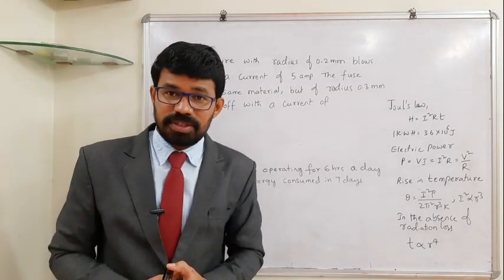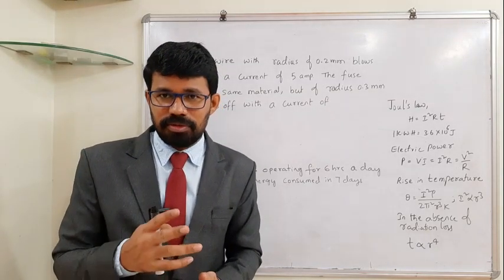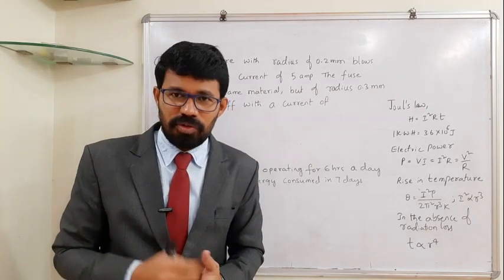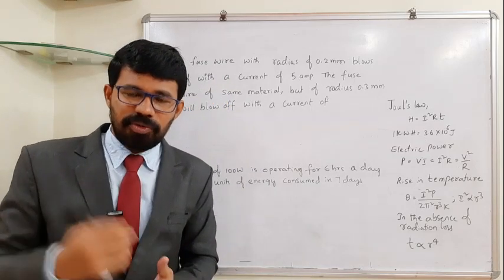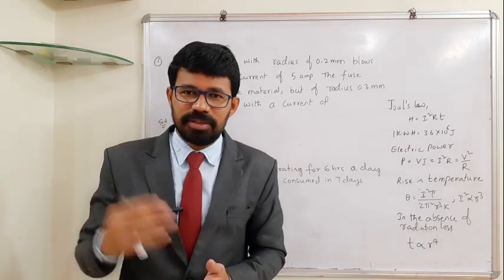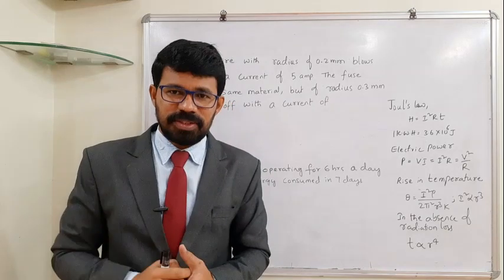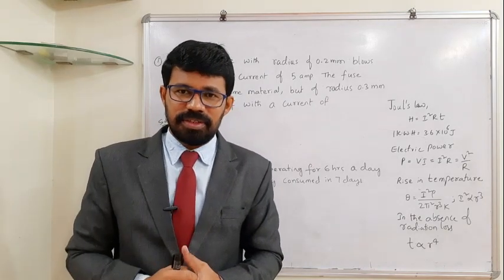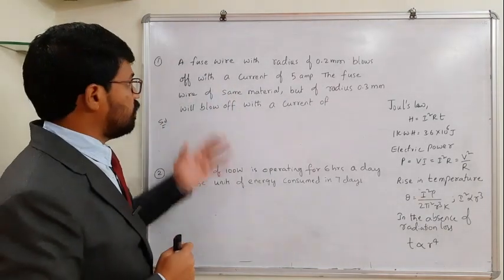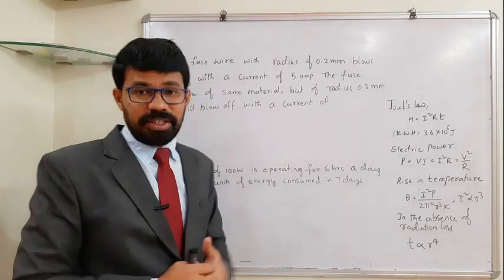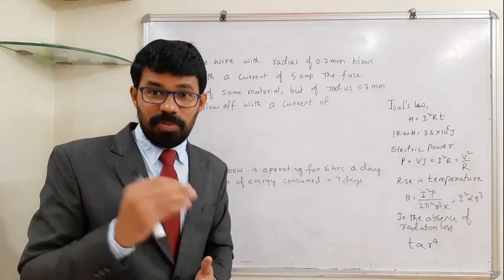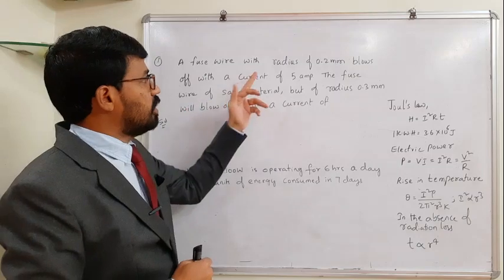Fuse wires are always connected in series. Only if a fuse wire breaks, it blows off due to heavy current flow. What happens? The rest of the gadgets will be safe, and this fuse wire gets damaged. Here this fuse wire, which is of high resistance and low melting point, has a radius